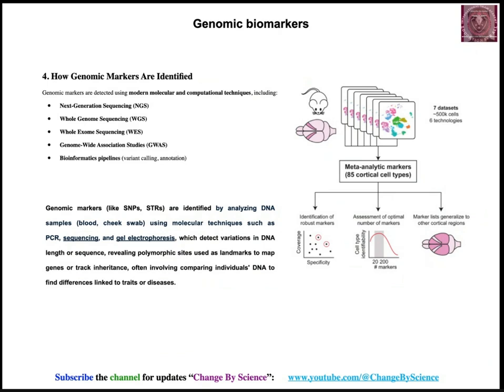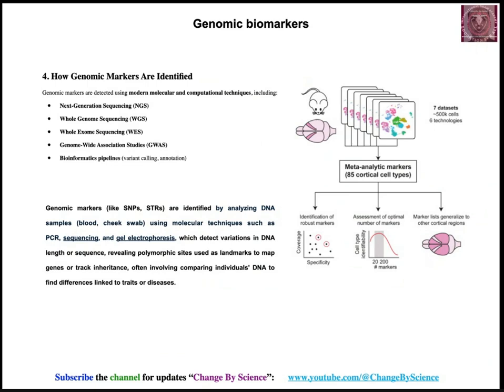Then come the computational pipelines, that is, bioinformatics pipelines with variant calling, annotation, and many more steps. You can see the publications from my side also in my Google Scholar. You can find a number of research and review papers which will help you understand how to identify the